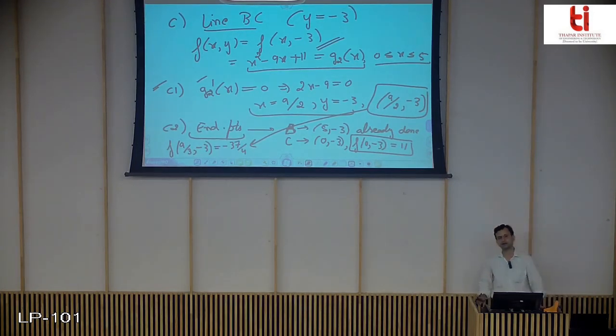So this is the process we will go on for each line segment. Now you can see the difference. I was telling you that this process itself takes so long because you have to find each line segment, then take the derivative, check the interior point of the line segment, then the endpoints. And if in addition to this you have to look for saddle points, or local maxima and minima using the second derivative test, then this whole thing becomes a very lengthy process.